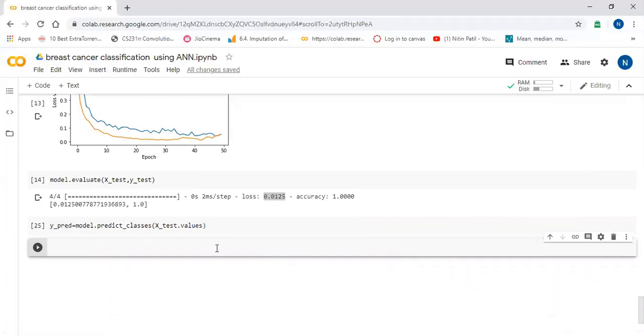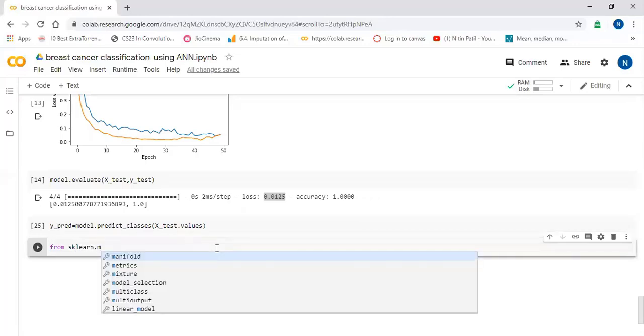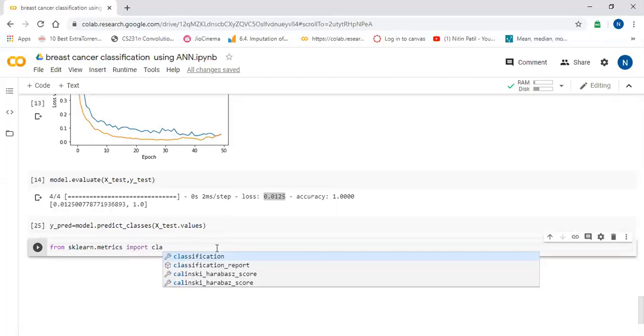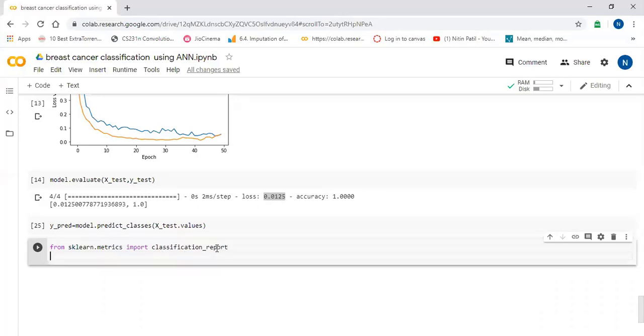We will see how our classification report is. So I will say from sklearn dot metrics import classification report.